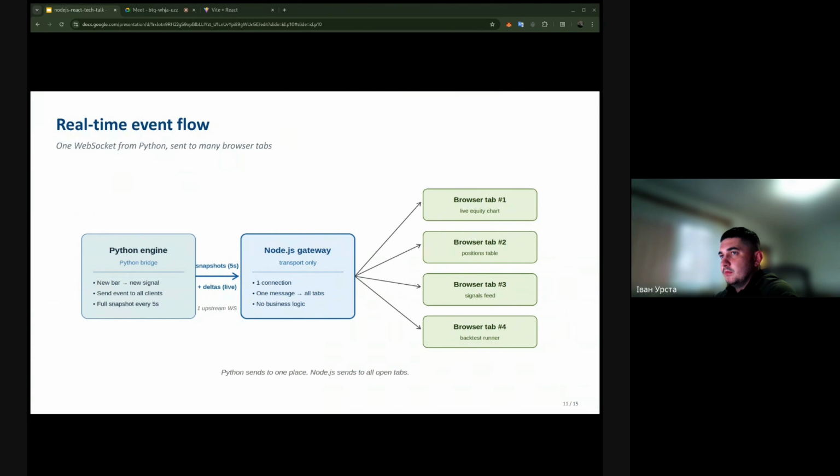This is how real-time data flows through the system in Project B. On the left, the Python engine. So when a new bar closes and a new signal is generated from, like, crypto exchanges, Python sends it as an event. So in the middle, Node.js, it keeps one